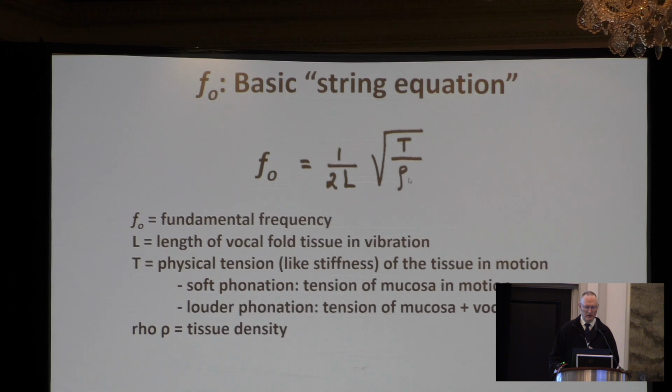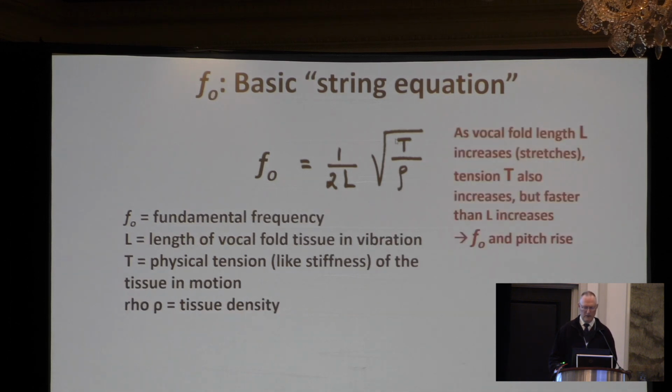tissue. And so in soft phonation, when the mucosa is just in motion, the tension of that mucosa is what this T is, and whatever the L is. But then when you have louder phonation, you involve also the vocalis muscle in the motion. And so it's now a combination of the tension of the mucosa and the vocalis that contributes to this T. From a